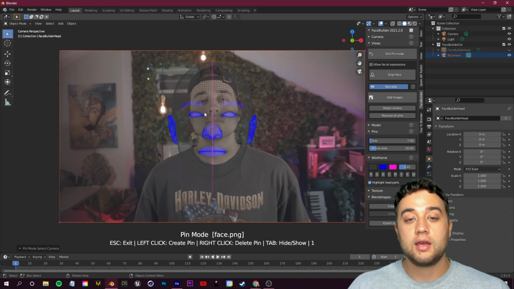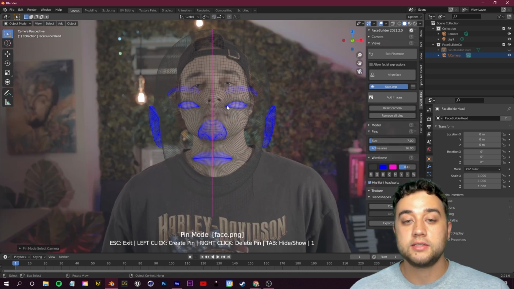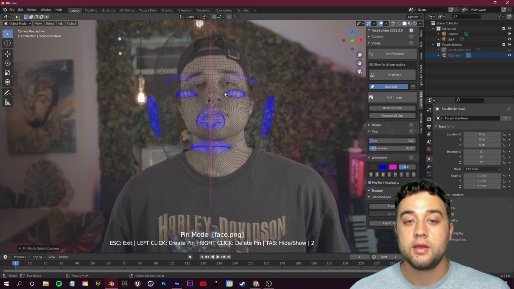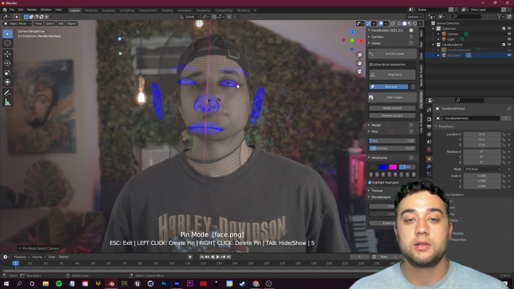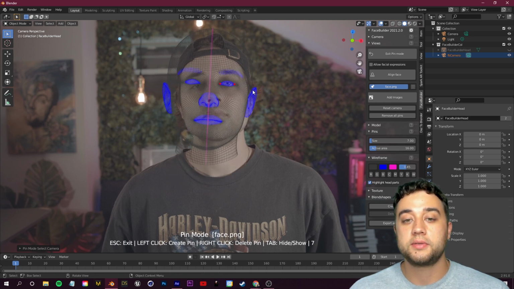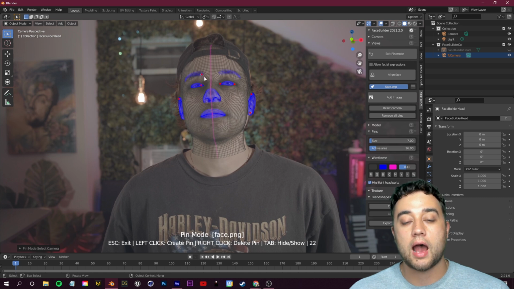So this is very easy in terms of the sculpting. All you need to do is click and it creates a little pinpoint, and you just drag that to different parts of your face. So when you click again, it'll create a second pinpoint, and then you can just click and drag to start sculpting that. I'm going to line up my eyes, my eyebrows.